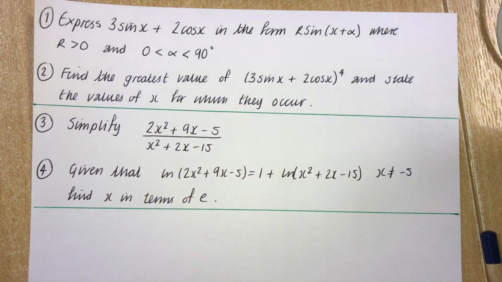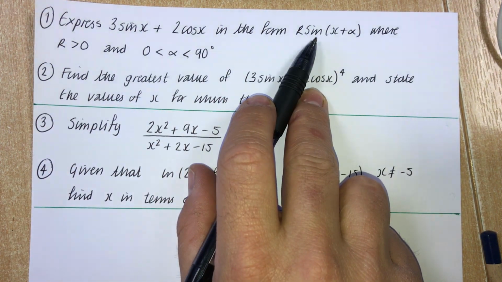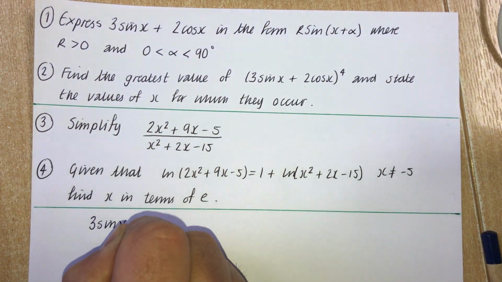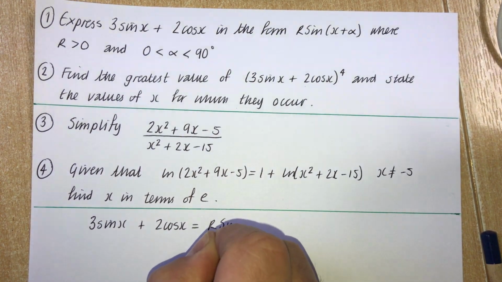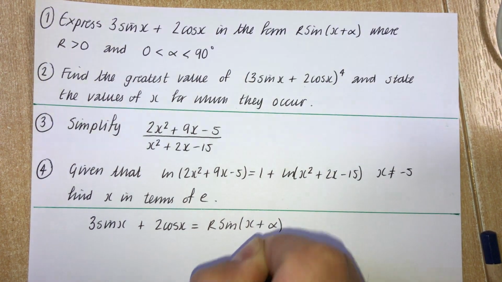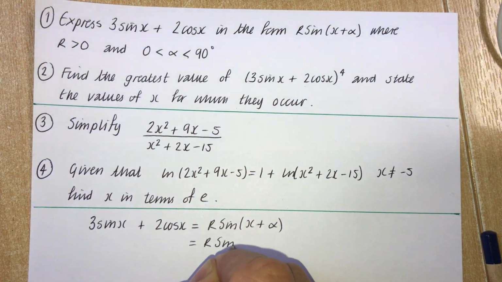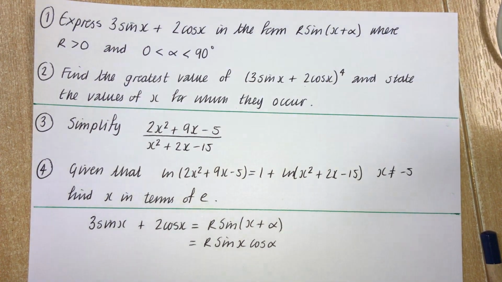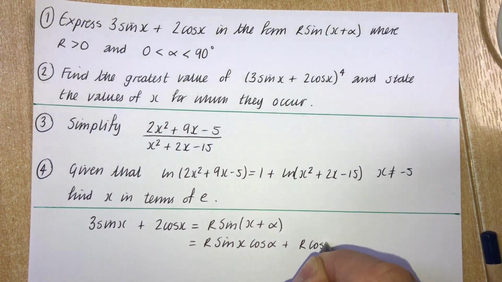So, I'm going to give this a little go now, answering question number 1. This needs to be written in this form, so that's what I'm going to write down first of all. 3 sin x plus 2 cos x must be equal to r sin(x plus alpha). The addition formula for this is r sin x cos alpha plus r cos x